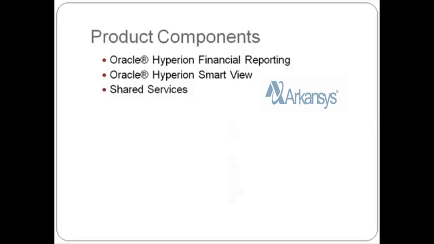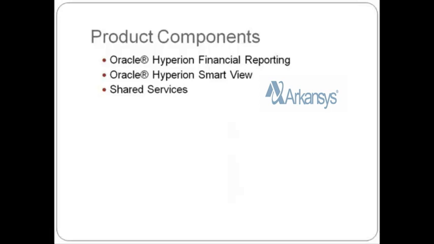Okay. So now, some of the product components which we will be using here are SmartView, Shared Services, and Financial Reporting. Financial Reporting is an optional component. Whether you use it or not is up to the organization's needs. And why it is optional, I'm saying that because a licensing issue comes into the picture. Out of these three products, the other two, SmartView and Shared Services, come bundled along with the Financial Management